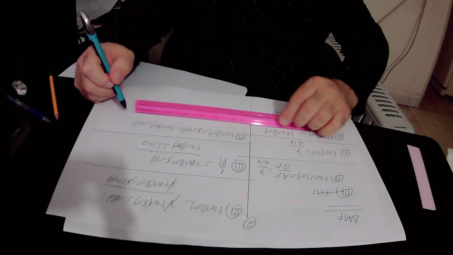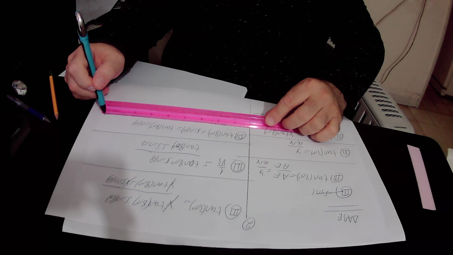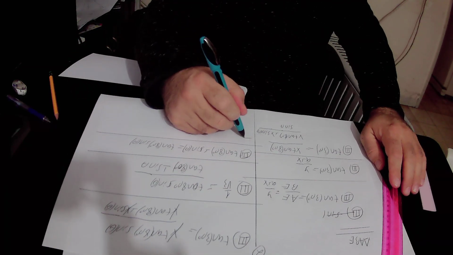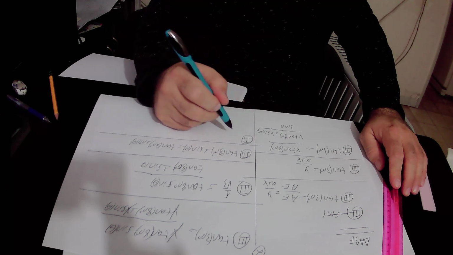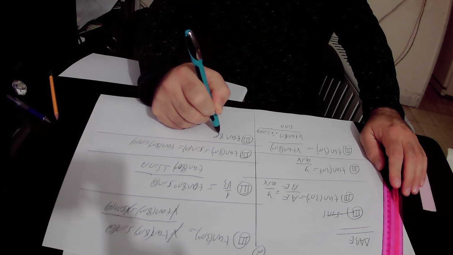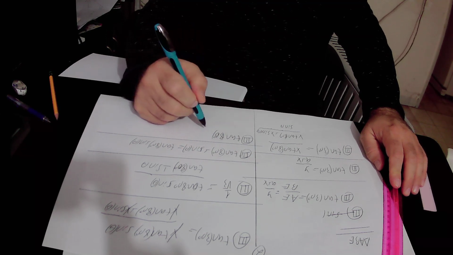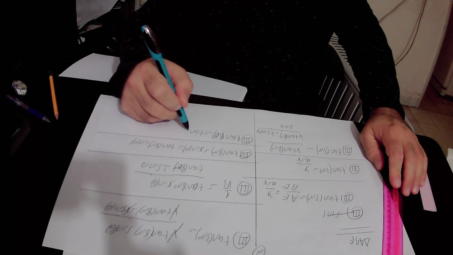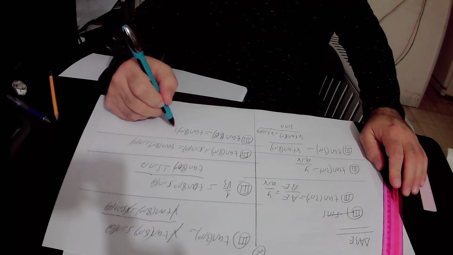So here we will subtract sine theta from equation number 3, and we will get that tangent 80 degrees equals square root of 3 times tangent 80 degrees times sine theta